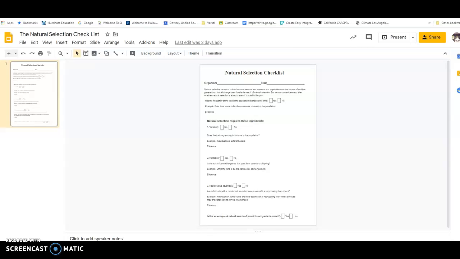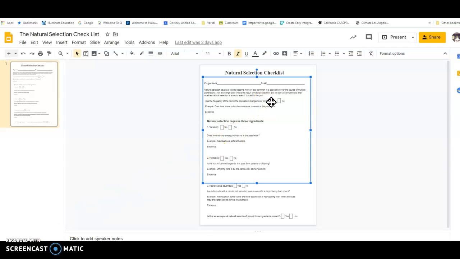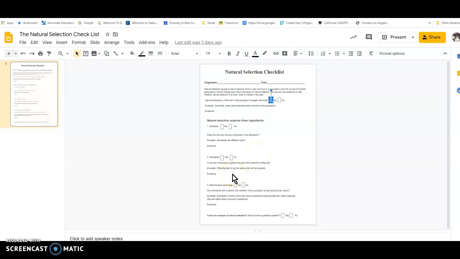Here, you're going to go back through the stickleback fish story, and you're going to check for me, did they show variation? Yes or no? Did they show heritability? Yes or no? And you'll have to give me some evidence from your notes. Do they show reproductive advantage? Yes or no? And if you remember, you need all 3 of these,